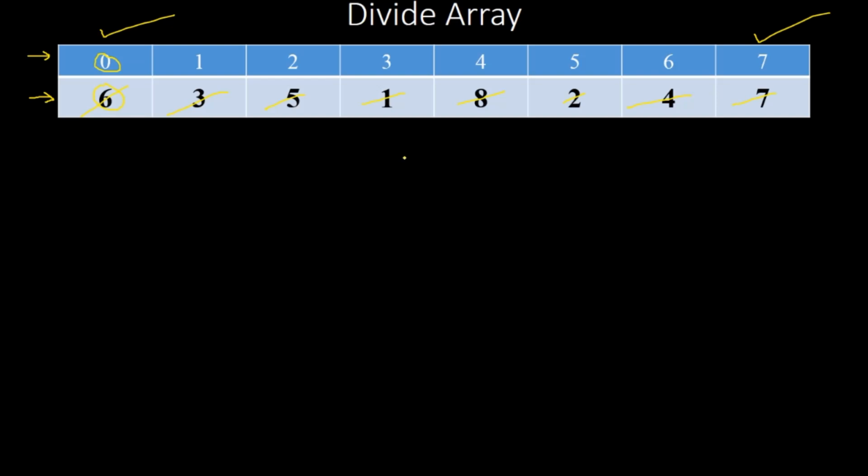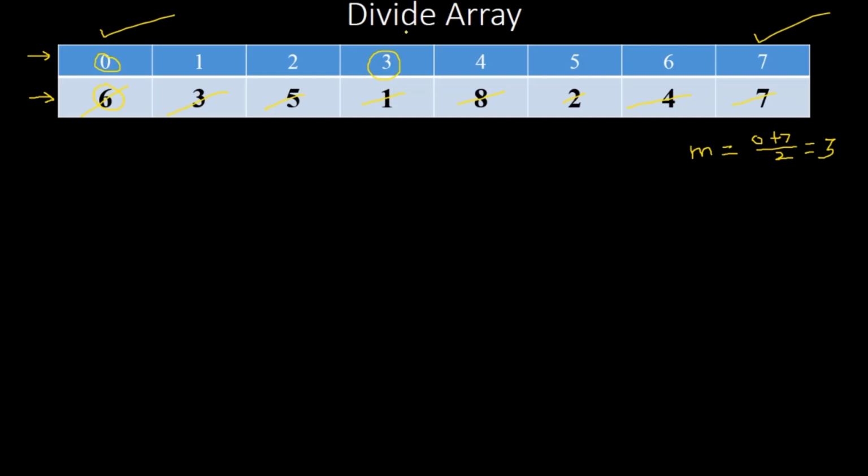Now what do we do? We follow the formula of binary search to find the middle position: mid is equal to low, that is 0, plus high, that is 7, divided by 2, right? So 7 divided by 2, in our case, is 3. Actually it is 3.5, but we don't consider the point value because our m variable is an integer number, right? Because we want to reach some integer number, and that integer number is 3.